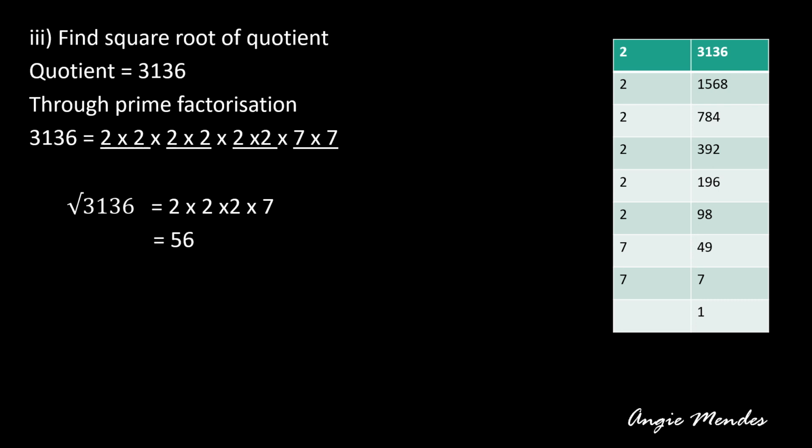So here we have found the prime factors of 3136. After we find the prime factors, what is the next step? We make them into pairs. So we find the pairs of the prime factors. So all of these are in pairs. What's the next step? You take one from each of these pairs and you multiply them. So you've taken 1, 2, 2, 2 and 7 and you multiplied them with each other to get the answer. So the square root of 3136 is 56.